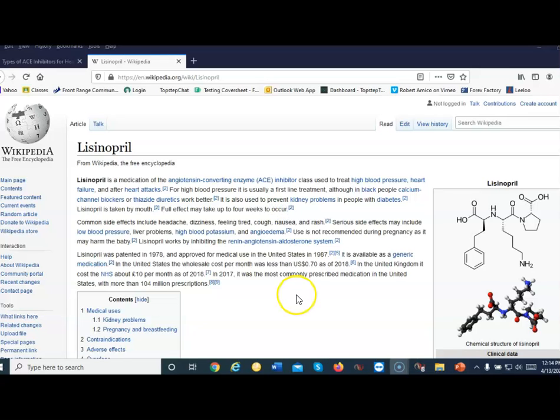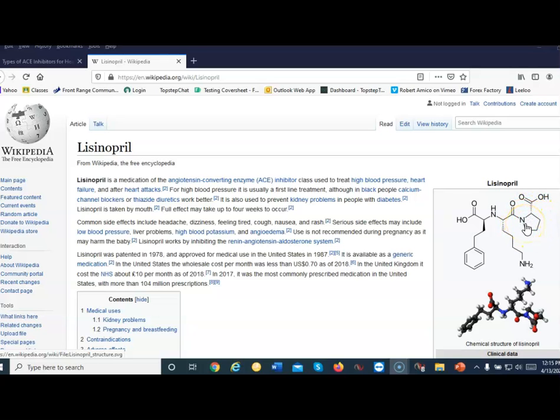So I just wanted to show you a real example. Lisinopril is a very common ACE inhibitor that's given to people with high blood pressure. Here's the structure. Notice it is a dipeptide. If you look, it's actually backwards. Here is the C terminus side, and then a nitrogen, and then you have a C terminus at the end. So notice it's a proline. If you see our proline group right here,